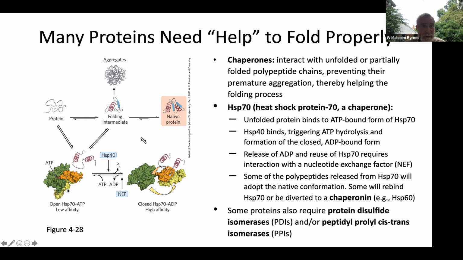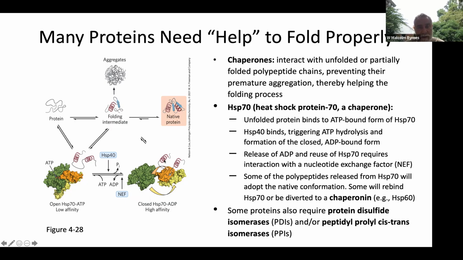Heat shock protein can help protein to fold. So either the unfolded or the folding intermediate can bind to heat shock protein 70. Now, what it binds to is the ATP-bound form of heat shock protein 70. After it does so, another heat shock protein known as heat shock protein 40 will bind and trigger ATP hydrolysis. So ATP is hydrolyzed to ADP and inorganic phosphate. Once hydrolysis occurs, this will trigger the formation of what's known as the closed form, closed heat shock protein 70 ADP form, which